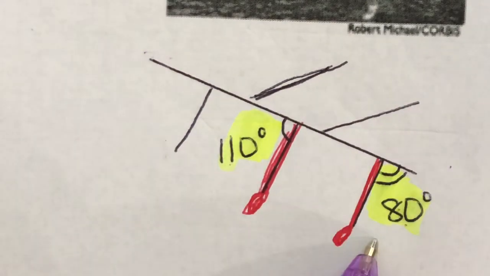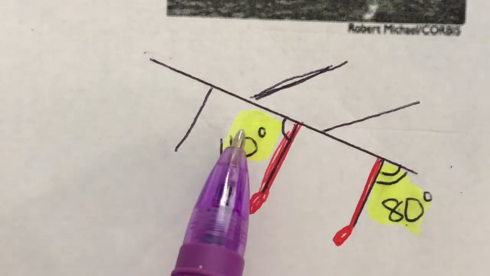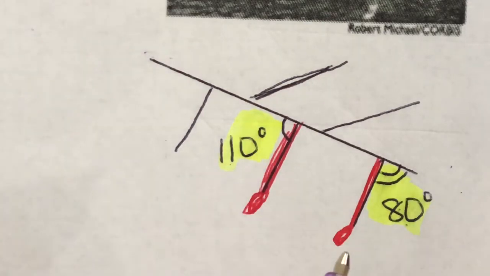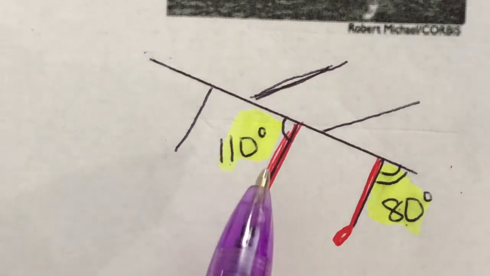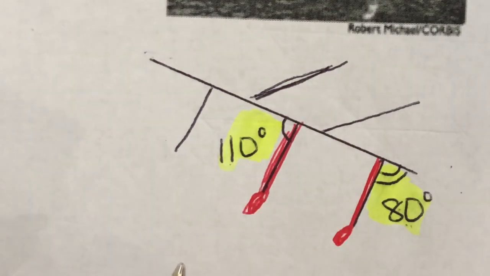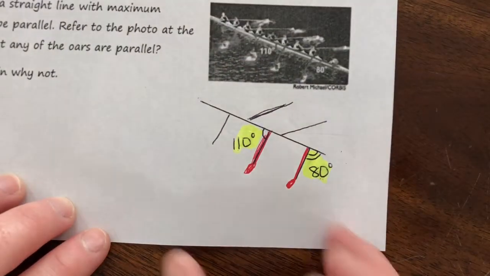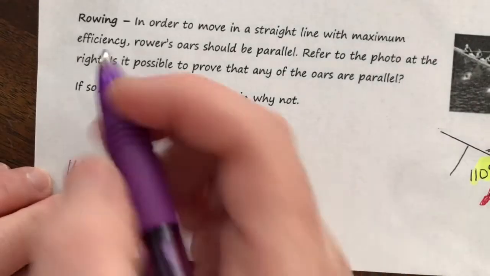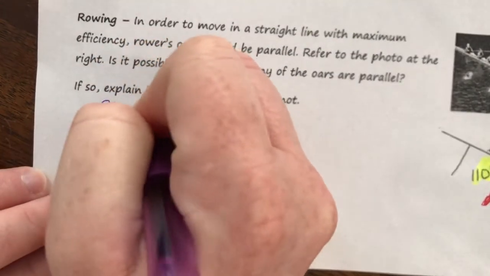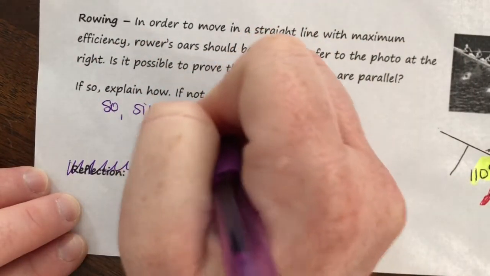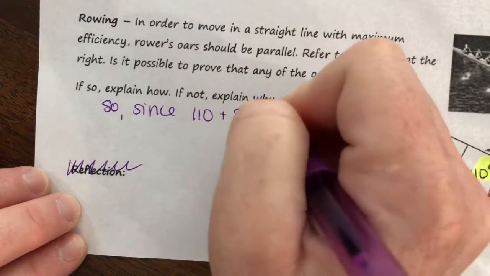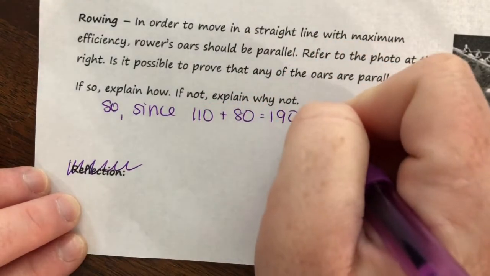If these are our parallel lines and this is our transversal, these are same side exterior angles. And anything same side has to be supplementary, right? All of our same side relationships. So same side exterior angles have to add up to 180. Does 110 and 80 add up to 180? No, it does not. It adds up to 190. So I can say, since 110 plus 80 equals 190,